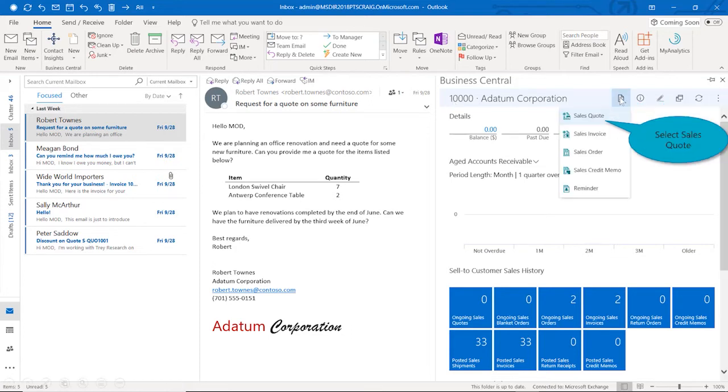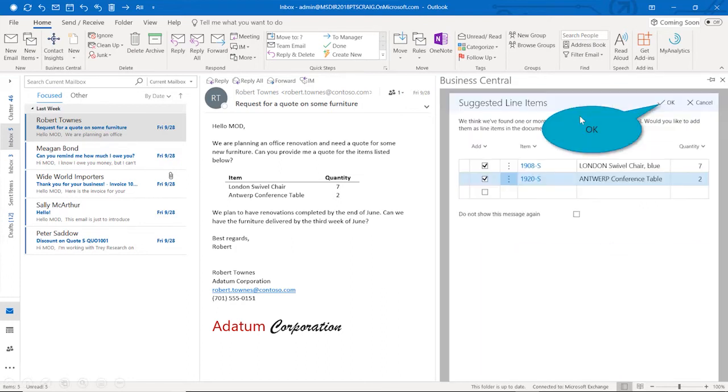Now, of course, the inquiry was to create a new sales quote. So I'll select on the new sign. Because it's a customer, I get the sales related activities or tasks. I select on sales quote. Now, one of the things I think is extremely important to point out right here is not only does it recognize, meaning the applications are synchronized in recognizing the customer and the details behind the customer, but Microsoft Outlook is